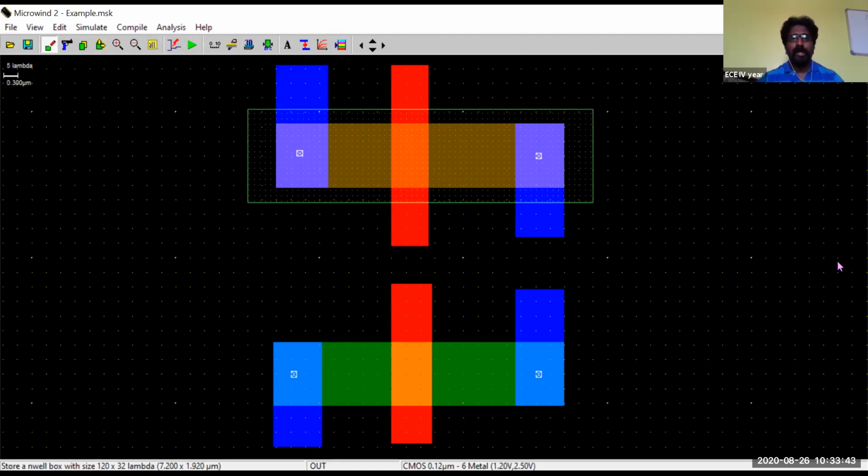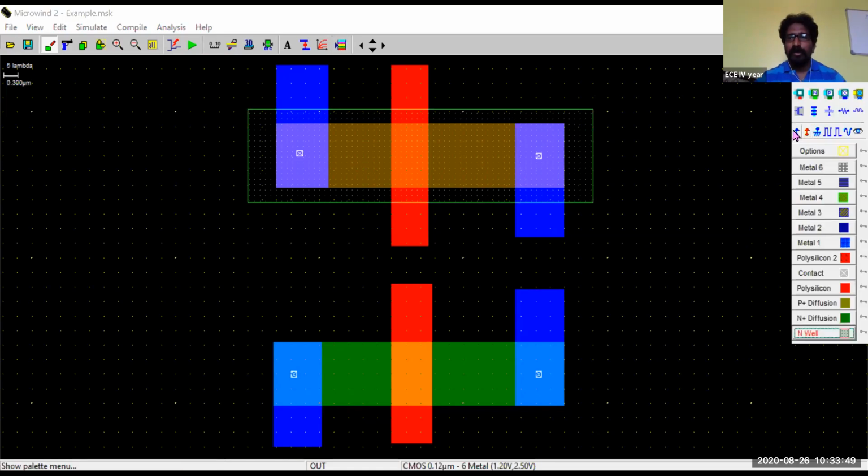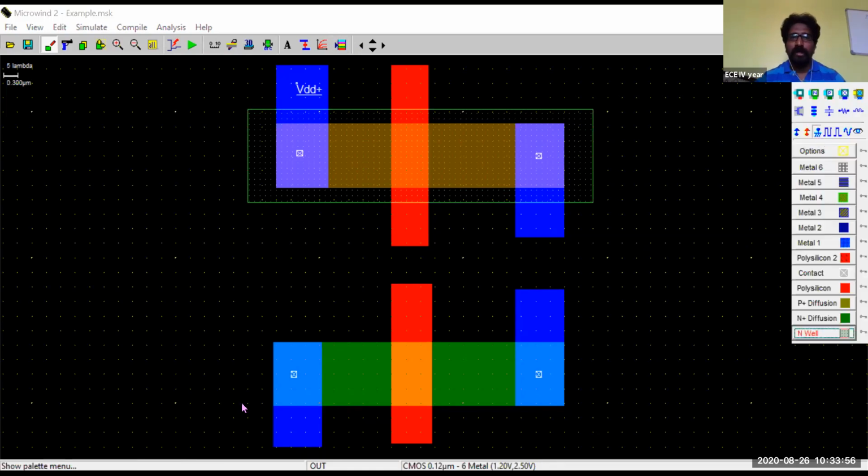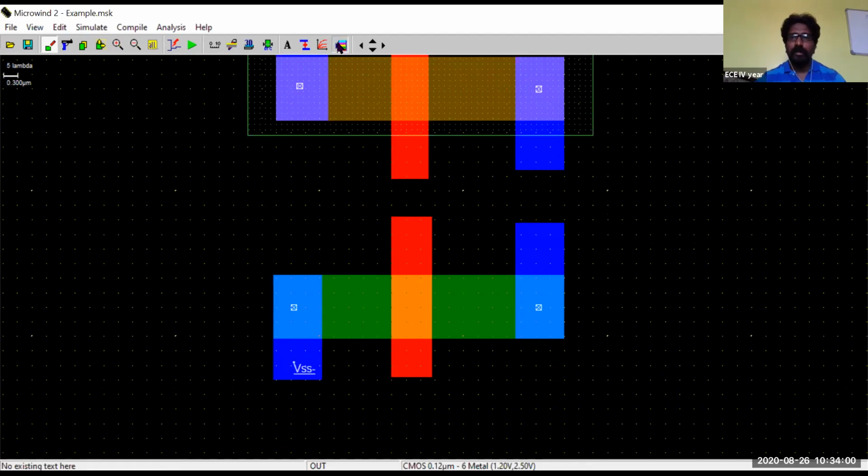Now we have completed a complete PMOS with the help of NMOS fabrication. So now this is the NMOS, and we supply the power supplies. There's a voltage supply, VDD, and in a similar way, the ground terminal, and make a contact.